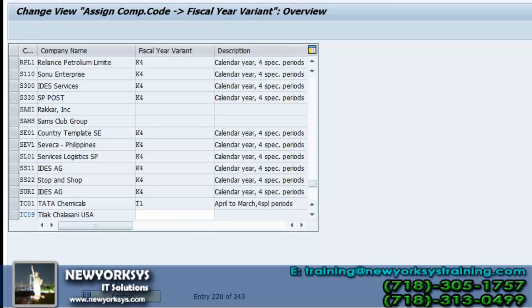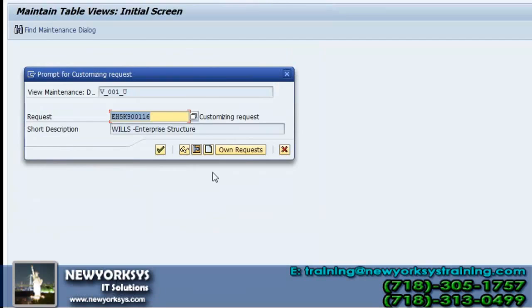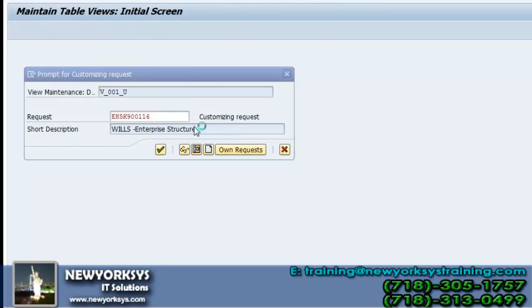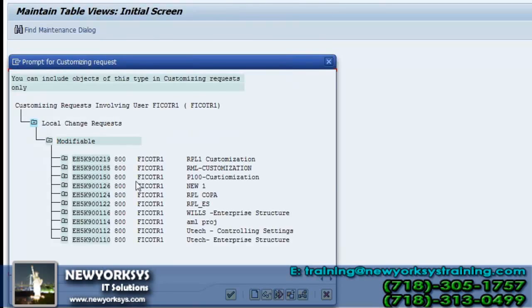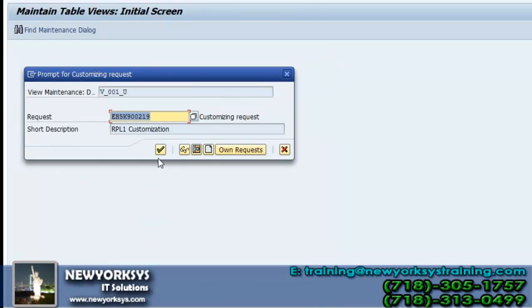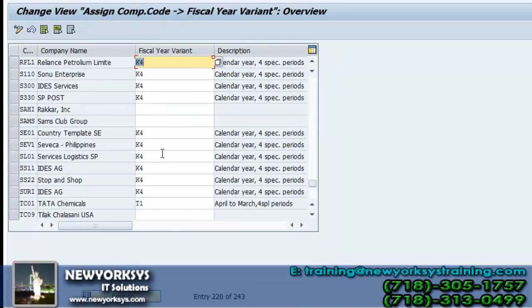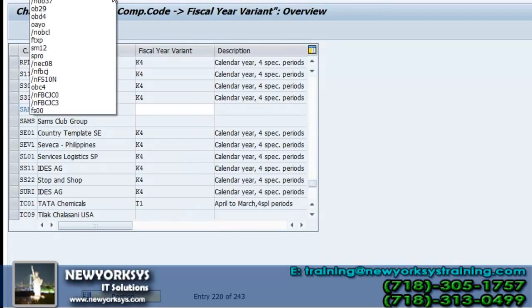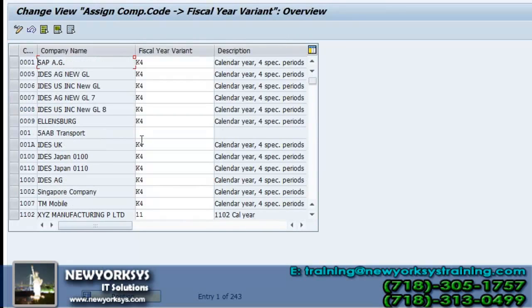Again hit enter. Again hit enter. Data is here. How to find your company code in the list? See, initially what happens is when you give the transaction code, it will be like this, and your particular transaction company code is in this list. It is in, right, 243, right?